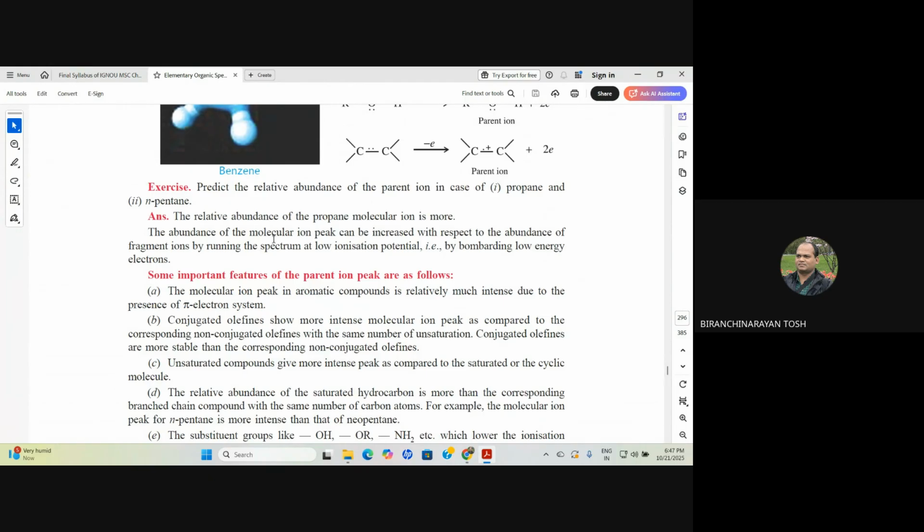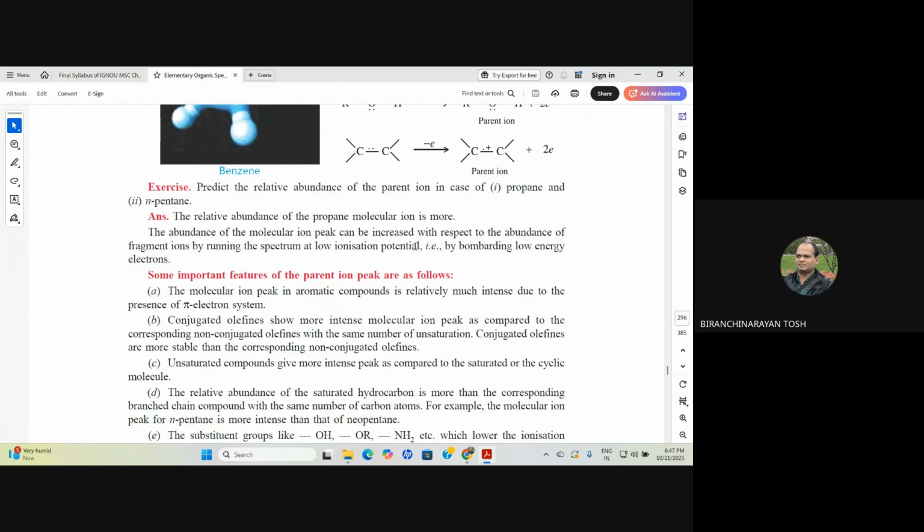The abundance of the molecular ion peak can be increased with respect to the abundance of fragment ions by running the spectrum at low ionization potential. That means I am bombarding with low energy electrons. When you bombard with low energy electrons, only the molecular ion peak abundance can be increased, because with low energy electrons only one electron will be released. If you bombard with high energetic electrons,